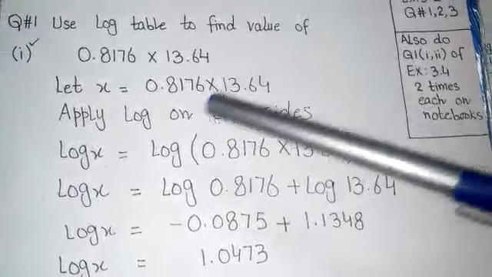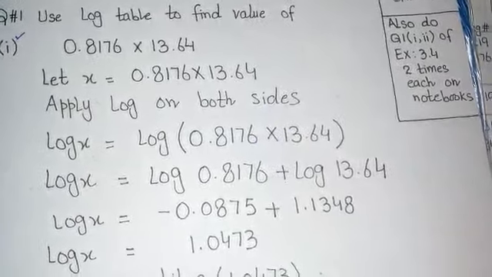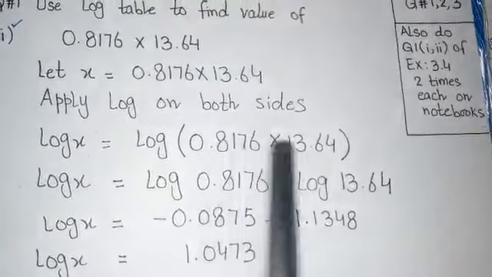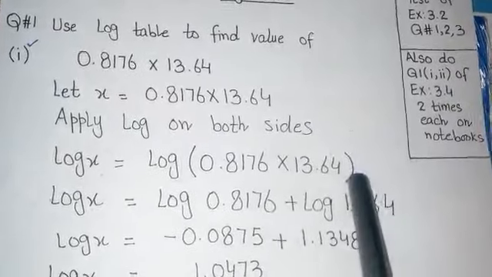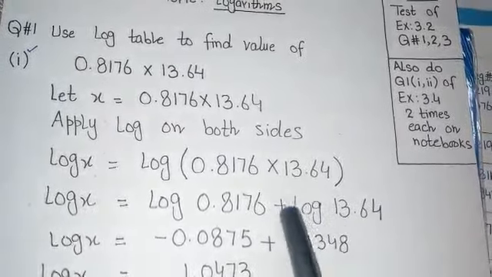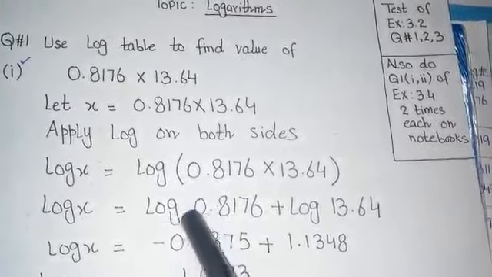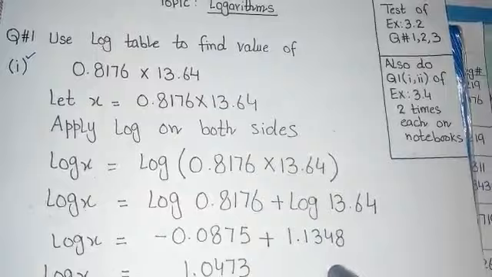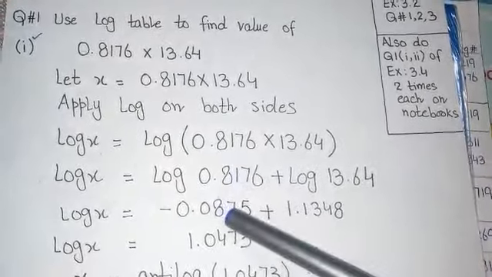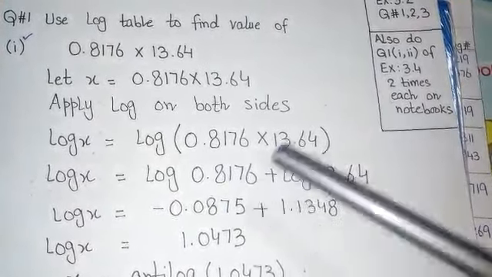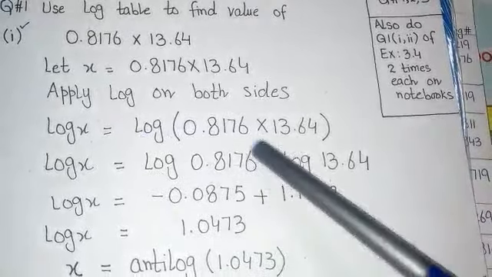Here you can see we can apply first law because there is a multiplication sign. So according to the first law, when I open the bracket, it becomes log of this number plus log of this number. Here in this step, writing log is compulsory. If you forget to write the log here, entire question will be wrong. Now with the help of calculator, you will find log of this, plus sign as it is, and log of this. You can use calculator here. Use calculator to find the logs.